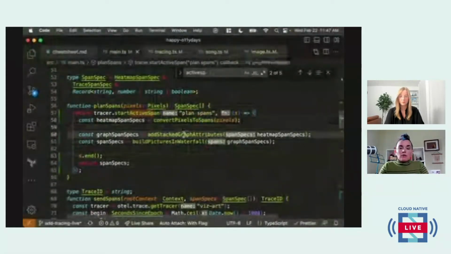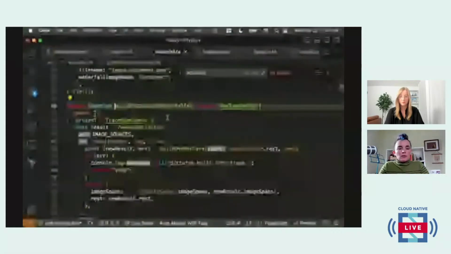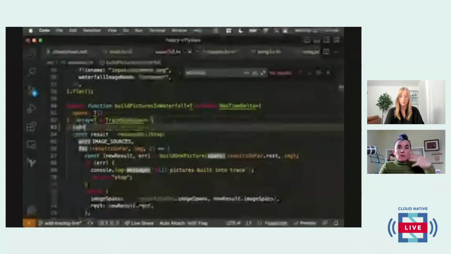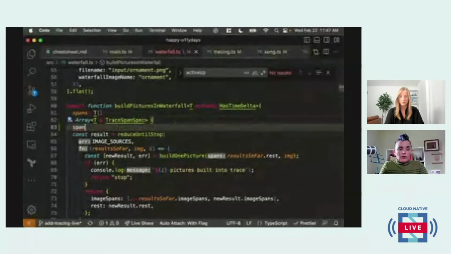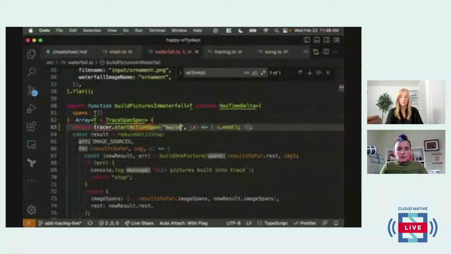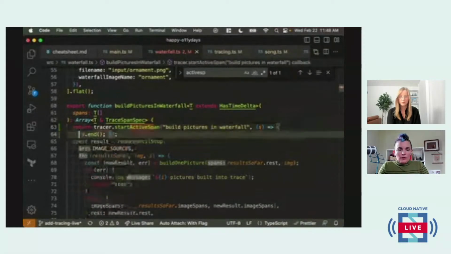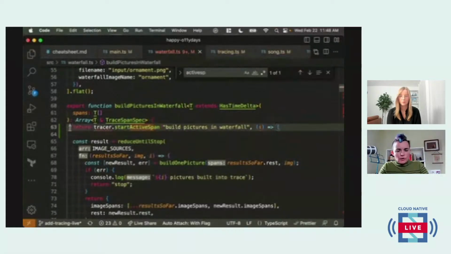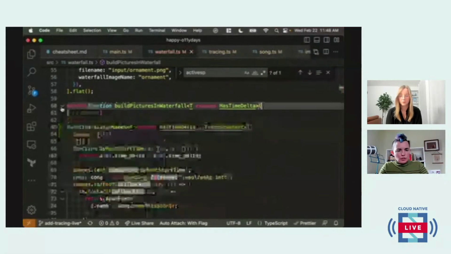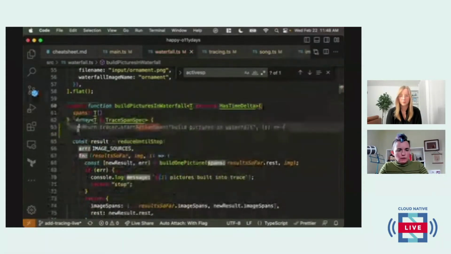And I'm like, okay, there are 3 main components to plan spans. I'm going to cheat. I know which one it is. But I can see which of those are taking time, which of those are reading files. Waterfall, build pictures in waterfall. Oh, watch out. I think this is the hard one. No, this isn't the hard one. And then I need to get this to the end, which is actually tricky. Where's the end of this function? 94. And